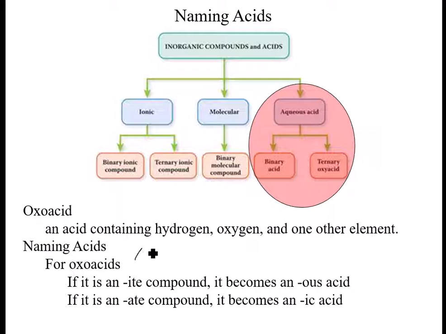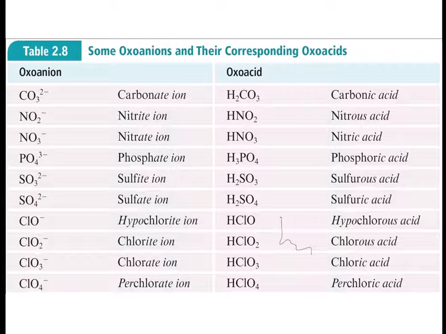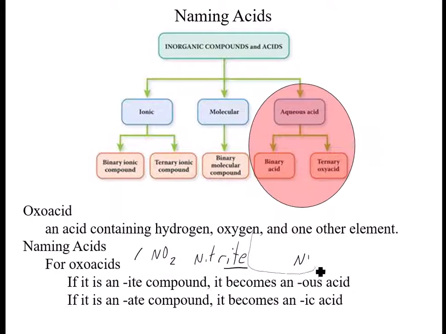So the NO2 is nitrite. So that ite ending there means as an acid it becomes ous, so this becomes nitrous acid, and that's HNO2. Okay, if it's an ate compound, such as